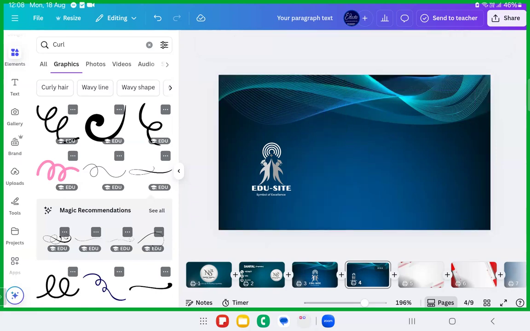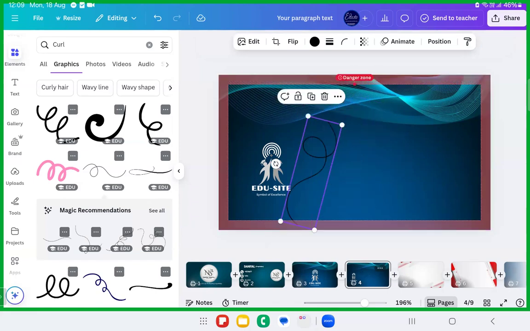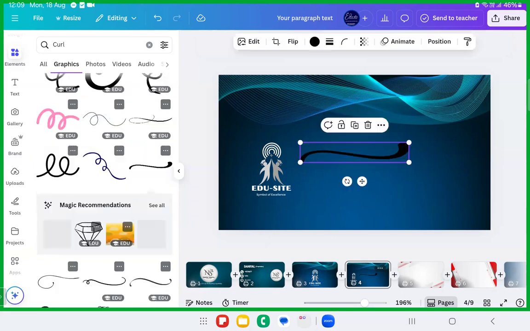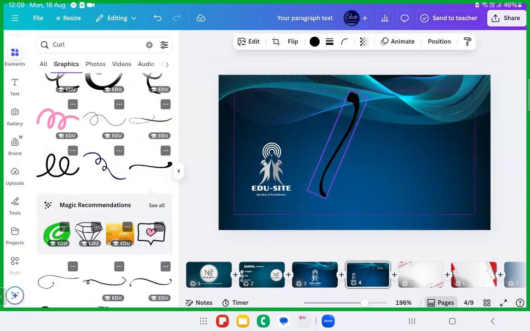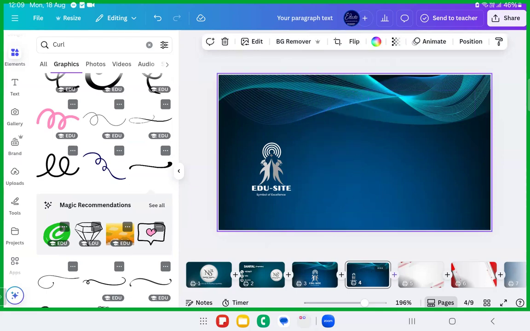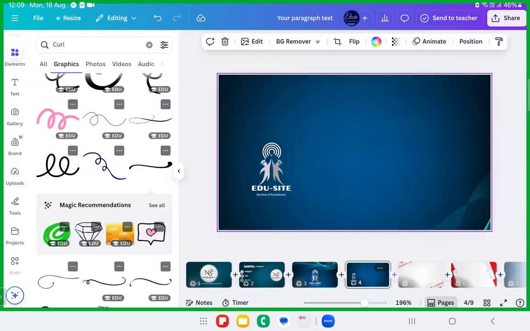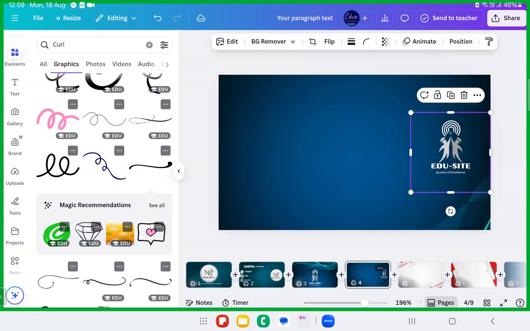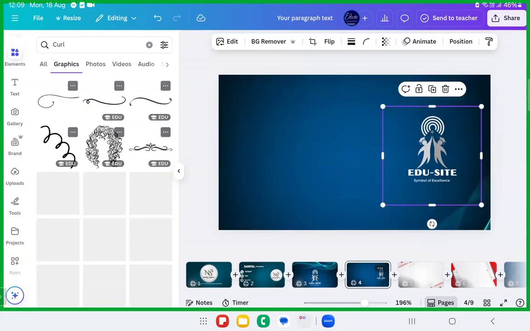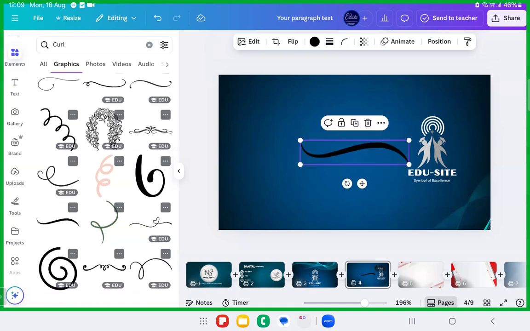Okay, or else if you want to give a separation this way, you can even give it. Okay, it's all yours. Something like this, separation this way, you can give it. Okay, so if you want to, make sure that it is like this. You can even do it. And you can place this on the side, EDU-SITE. Okay, it's all yours. It's all how you want it to be projected. That's all. For example, if you want to give it a separation like this,